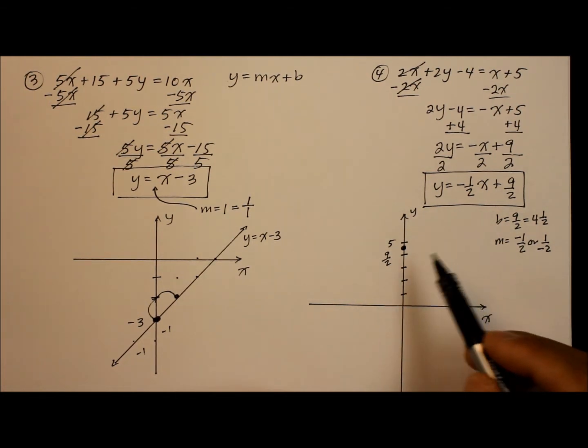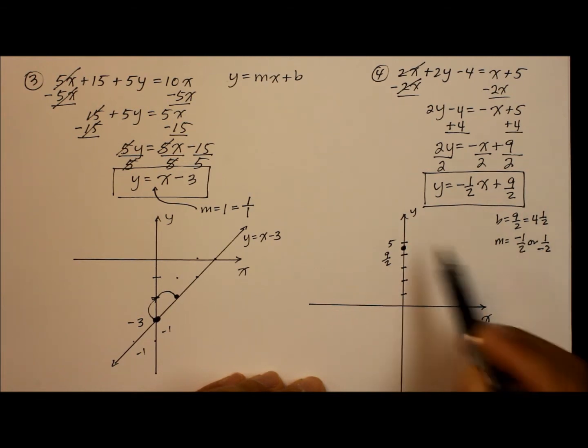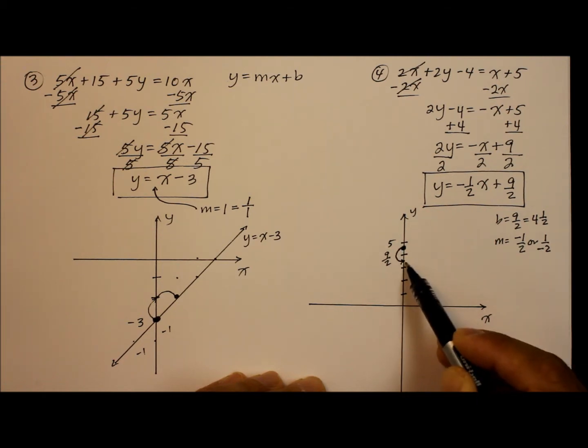Okay? So now be careful. We talked about it on example number 2. We're going down 1 whole, not half. So it's from here, down 1. You see that? And then